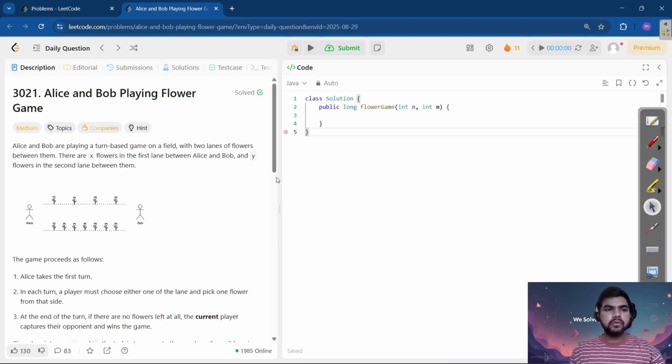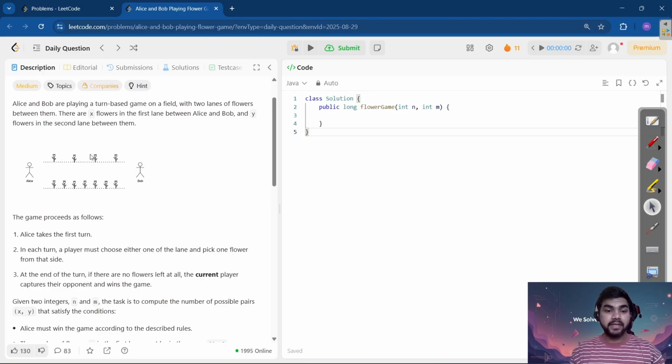So today we are going to solve problem number 3021, Alice and Bob Playing Flower Games. Okay, so let's read the problem and try to understand it. Don't be afraid, it looks big, but I'll tell you it's very simple and I will make it simpler for you guys. Alice and Bob are playing a turn-based game on a field with two lanes of flowers between